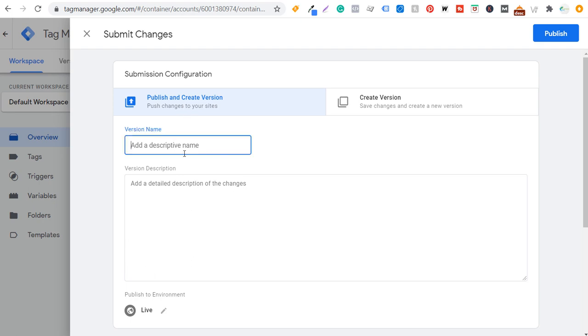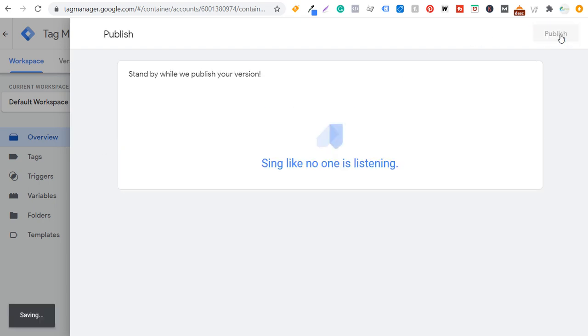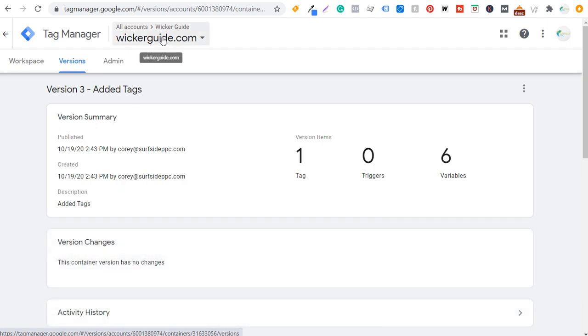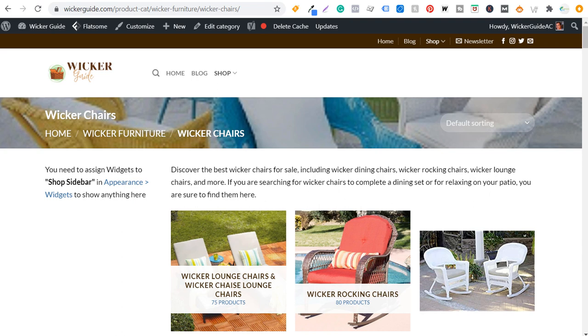So version name, I'll just do added tags, and we'll do the same thing for the description. Added tags, and we'll click on publish. So that's the last thing you're going to have to do to make sure your Google Tag Manager is completely published on your website. If you want to take it a step further, what you can do is go to your website,